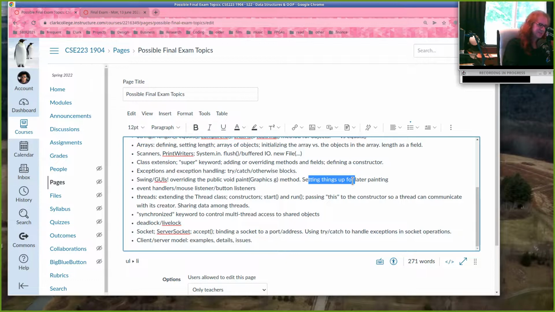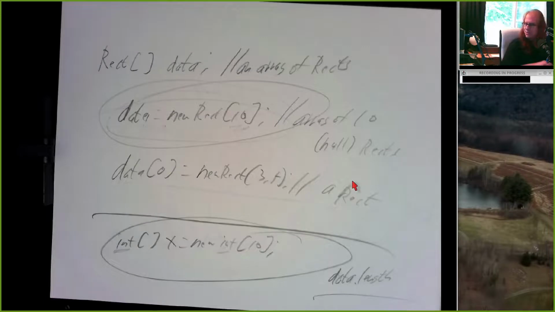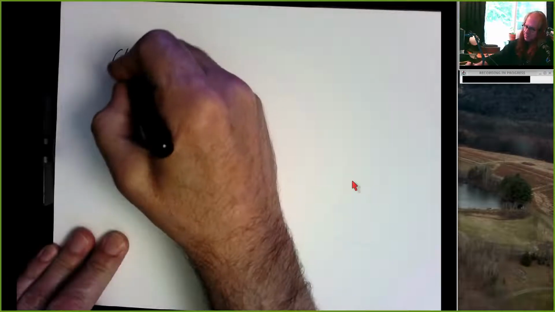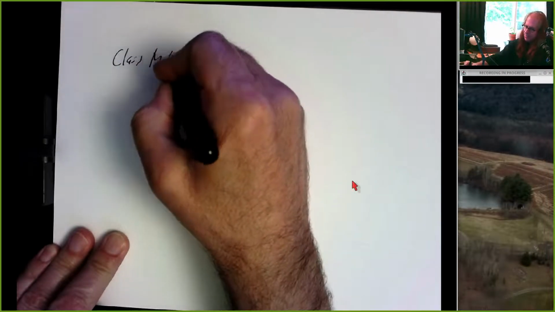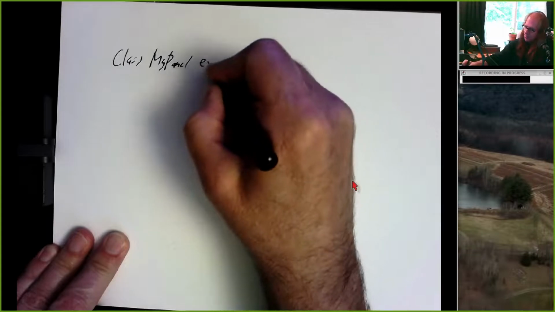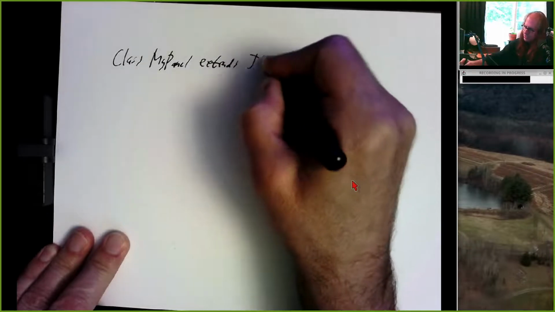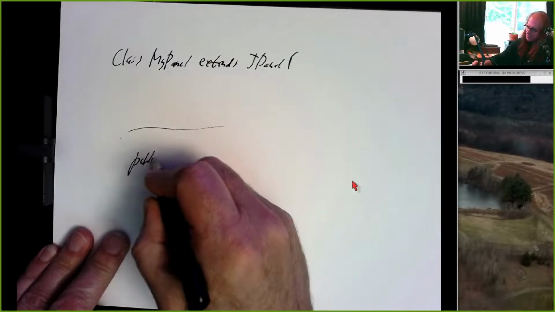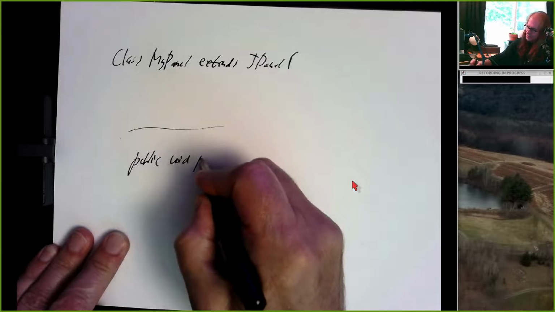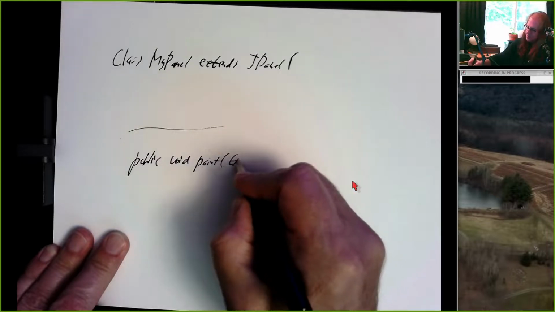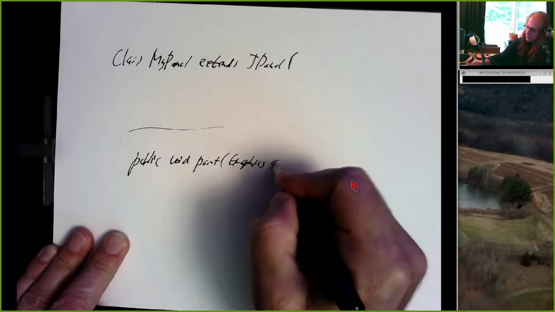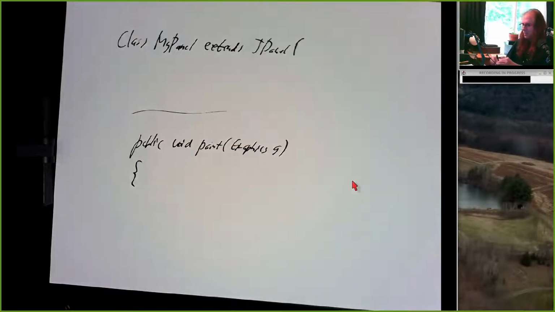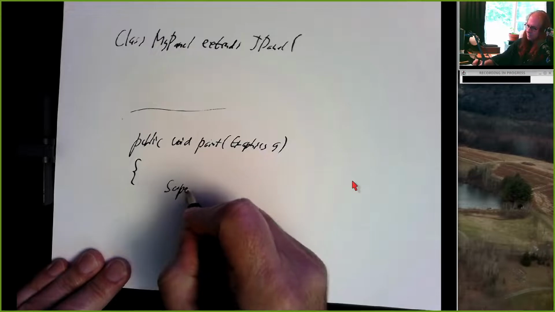I forgot. So super.paint just gets the original paint from the extended class? Exactly. Do you just copy paint into that, or how do you set it up? So you said it almost perfectly. If I do class MyPanel extends JPanel, then down here is public void paint, which takes a Graphics argument. So if I say super.paint